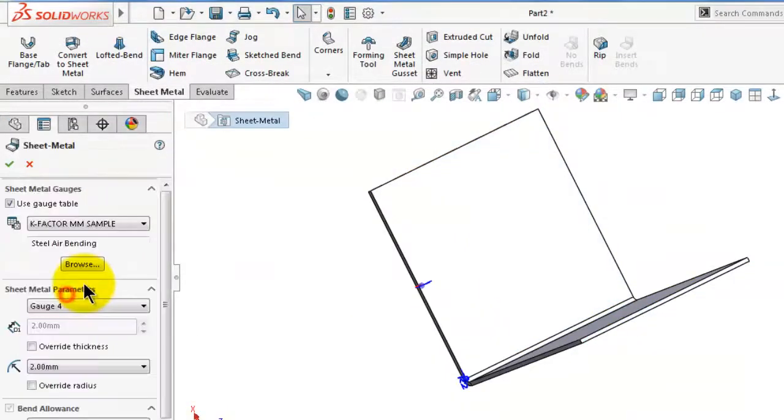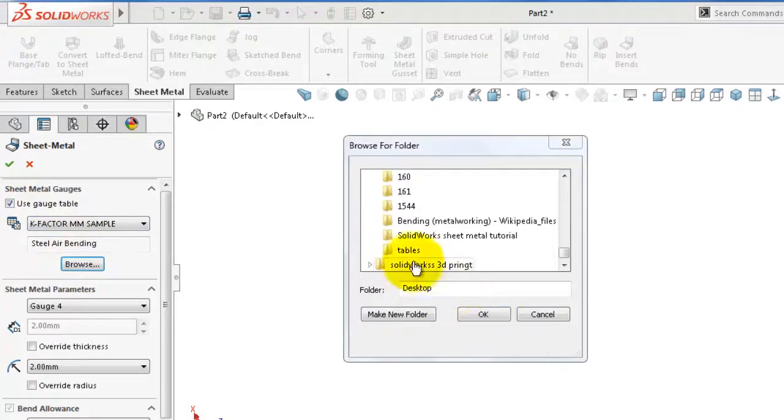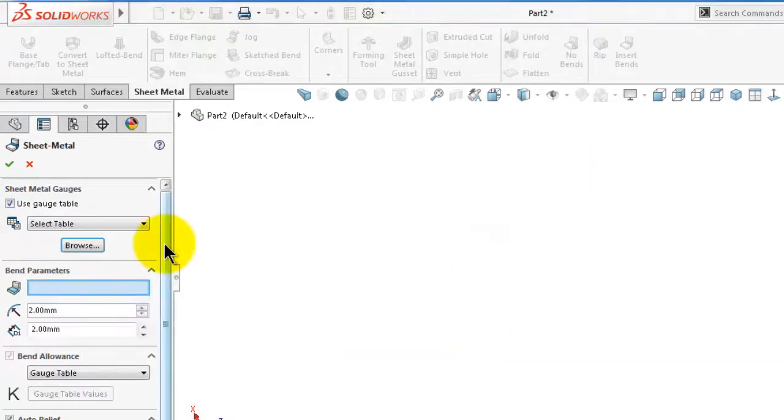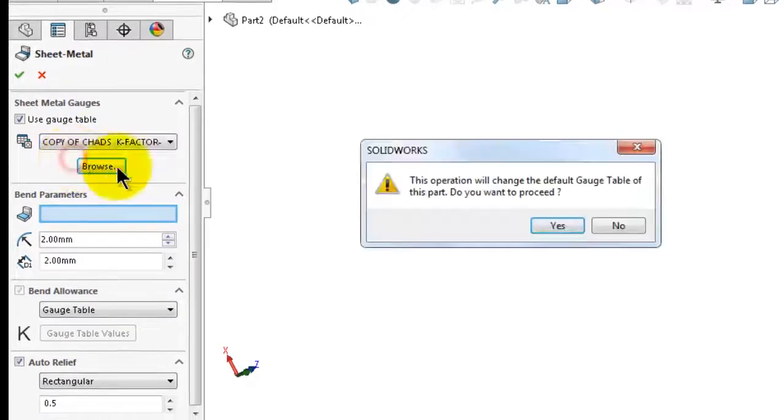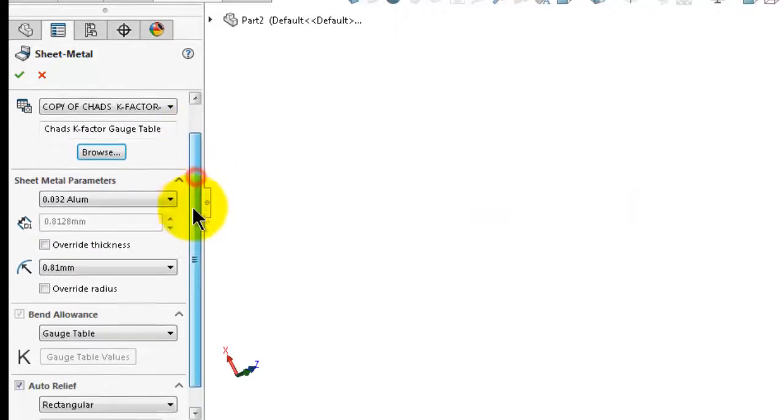So edit the sheet metal feature. Here browse for the K factor and select the table, click OK, and here is the copy of the gauge table. Click yes, and it will upload the values